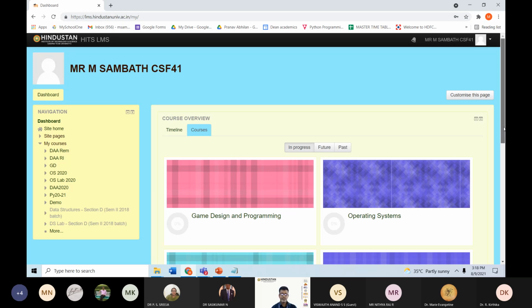Just go into your page. You will be getting a page like this, and go to the site home. Please have a pen and paper. If you are a new one, please have your pen and paper and write it down. Because I myself, after doing it 10 times, 20 times, am only able to get these tips in a proper manner.